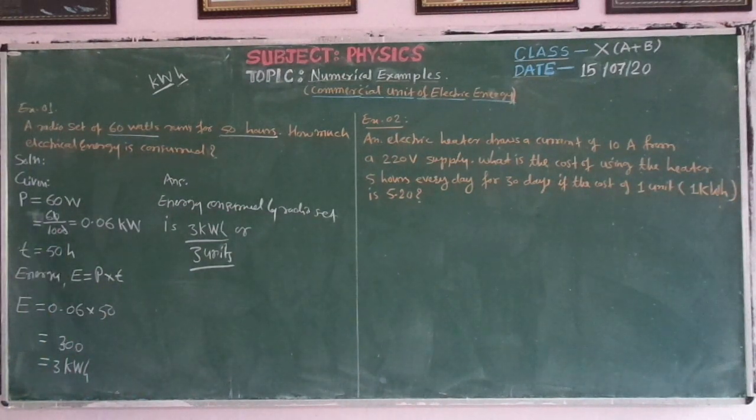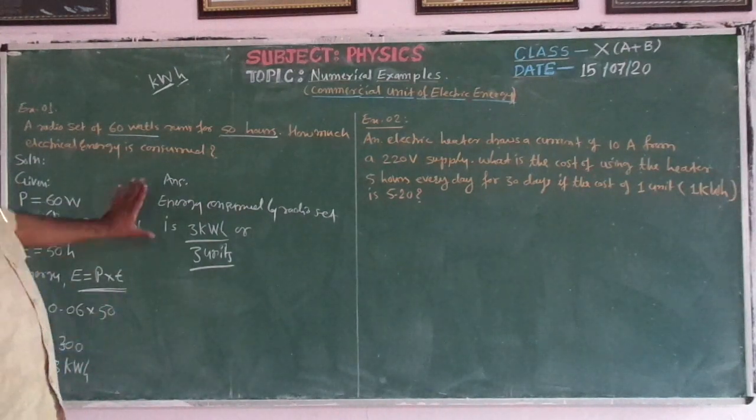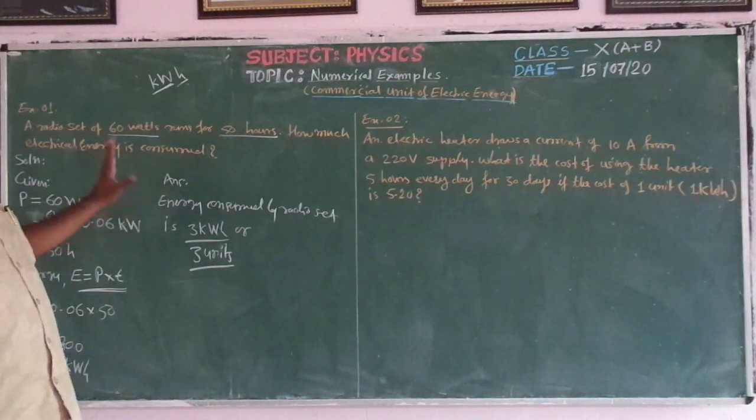So this is a very simple example. Here we have utilized this formula: energy equal to power into T. क्या क्या ली है यहाँ पे? पावर हमने किलोवाट में ली है, यदि है तो ठीक है, यदि नहीं है तो उसको कन्वर्ट करो। टाइम यदि आवर में नहीं होता तो कन्वर्ट करना पड़ता है, because we have to deal with kWh, which is the commercial unit of electricity. Okay, so this is a very simple example. This is the first example.